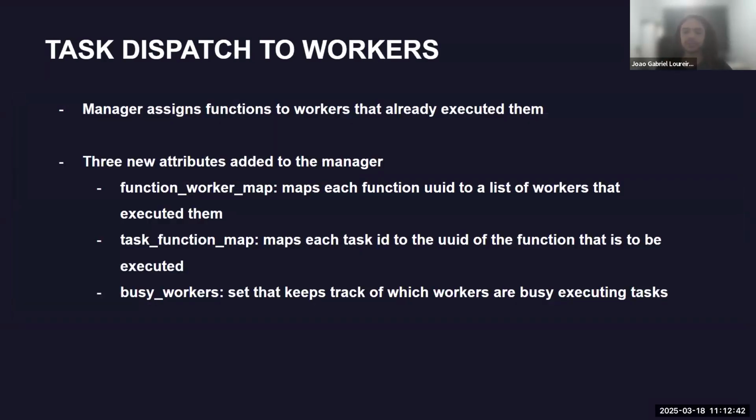Now that we had the UIDs and could identify the functions, the first step was to make the manager assign functions to workers that already executed them. So I created a function worker map, mapping each function to a list of workers that already executed them. A task function map, mapping the task ID to the function UID, just so we can retrieve it easily. And a set of busy workers. The set of busy workers was created because in the Globus Compute, to get a worker, you just have a first in, first out system. But now, if we want to choose a specific worker to send the task, we need to ensure that we don't send a task to a worker that already